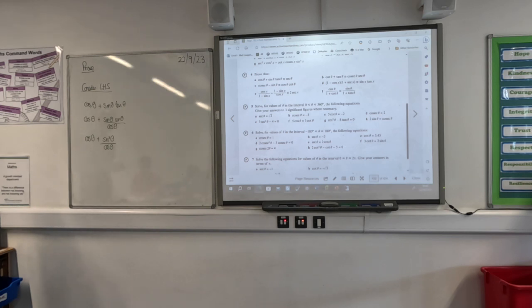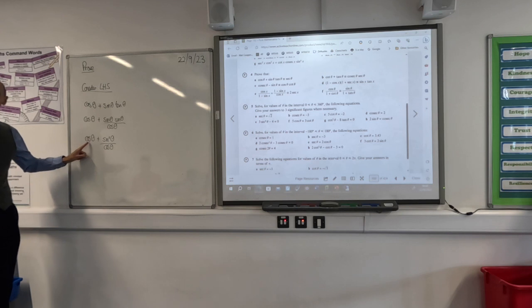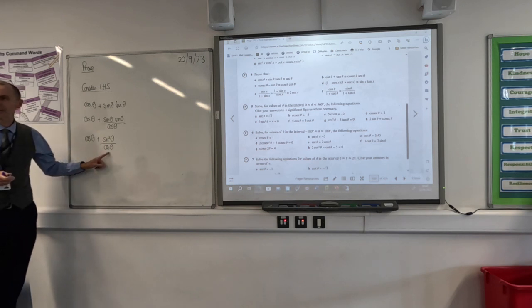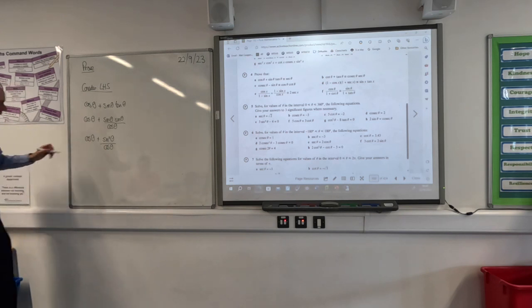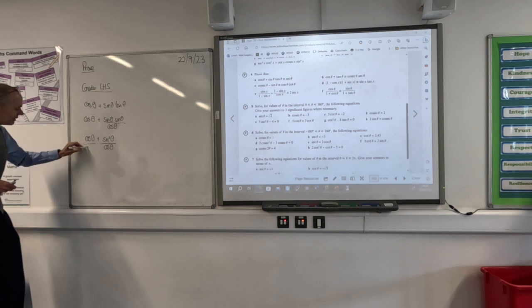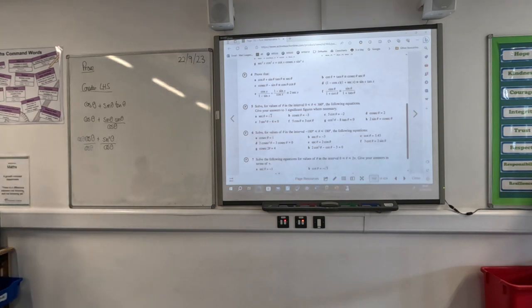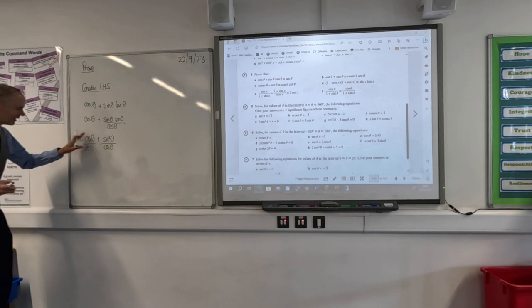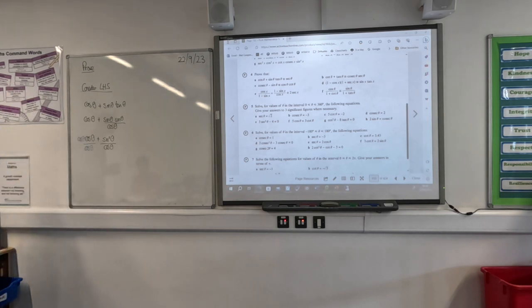So I'm going to turn this into a fraction with the same denominator as that. That's still cos theta, but it's now something I can combine with this side. I can now write it as